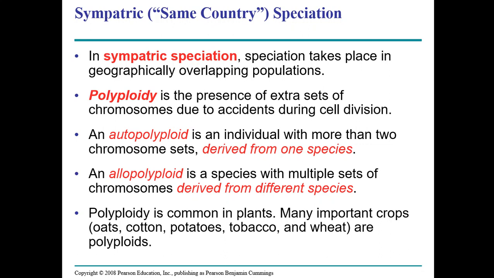Okay? Polyploidy is the presence of extra sets of chromosomes due to accidents during cell division, di ba? When during gamete formation or during meiosis, when the cell failed to separate completely into two, kasi di ba during anaphase dapat maghiwalay yung homologous chromosomes. Pag hindi yung naghiwalay yung homologous chromosomes, the tendency is that you will form a polyploidy. Meaning, yung maa-assign na halimbawa,